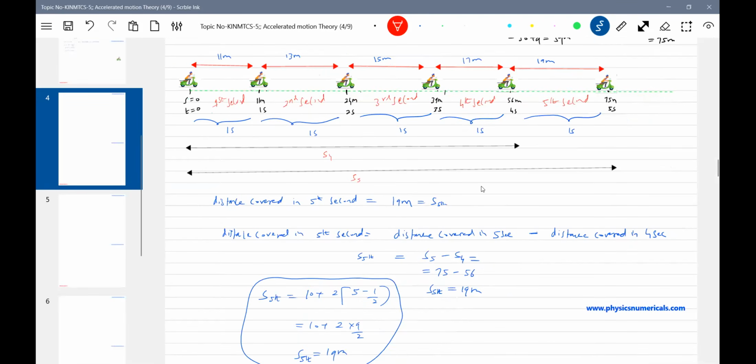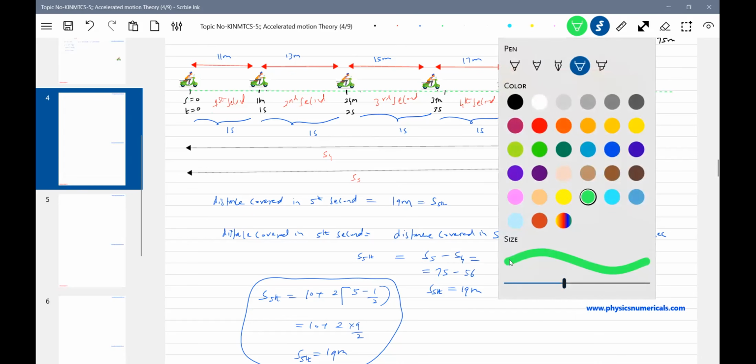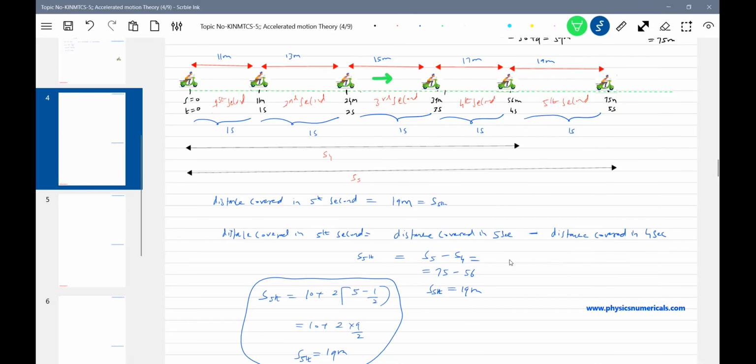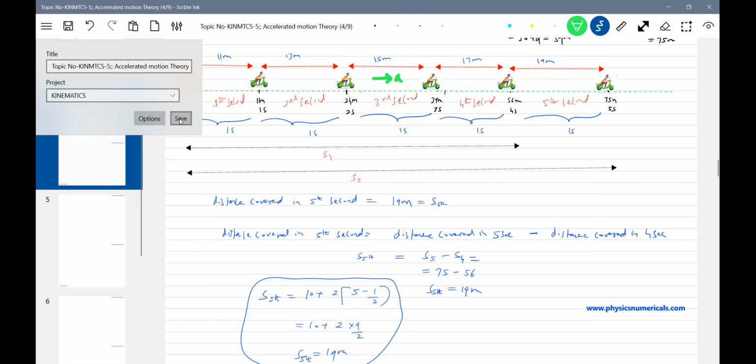So like this, we have this particular formula. Distance covered in nth second is also a very good formula, which will help us a lot. Now, what is the type of motion? It's an accelerated motion. How is the acceleration directed? Let me indicate that acceleration, because that is very important. The speed of the body is continuously increasing, no? So it's said to be describing accelerated motion. Okay, everyone, I think understood the distance covered in nth second. That formula is given in the book. It is going to help us a lot.